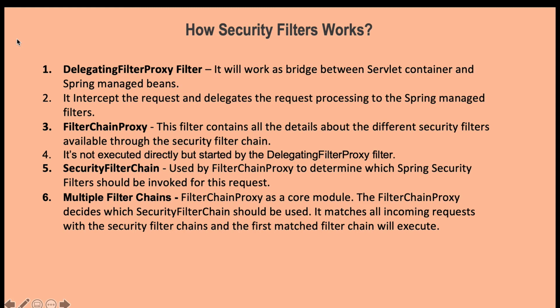That's the standard behavior, but as its name suggests, the delegating filter proxy is not going to execute that logic. In fact, it is going to pass that responsibility to the filter chain proxy, and that's where the core logic happens. So if you are working on your Spring Security application and something is going wrong and you're not able to figure out what, the filter chain proxy should be your go-to point. Add a debugger point there, because that's the centralized system for Spring Security. All the core functionalities are handled through the filter chain proxy.